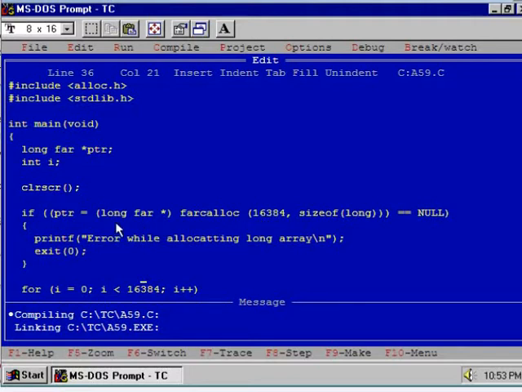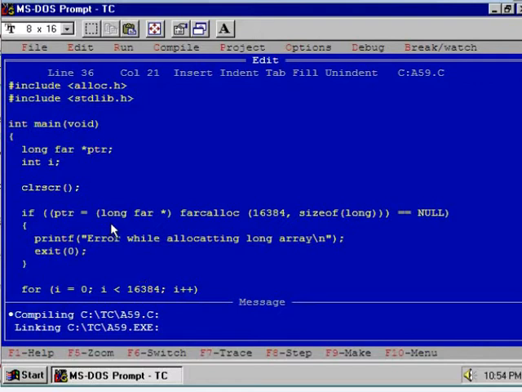Here this casting is necessary because farcalloc returns a void pointer, and hence casting is a must. After that we assign this value to PTR, again a pointer variable of long far type. So we have allocated the memory in the far heap area.